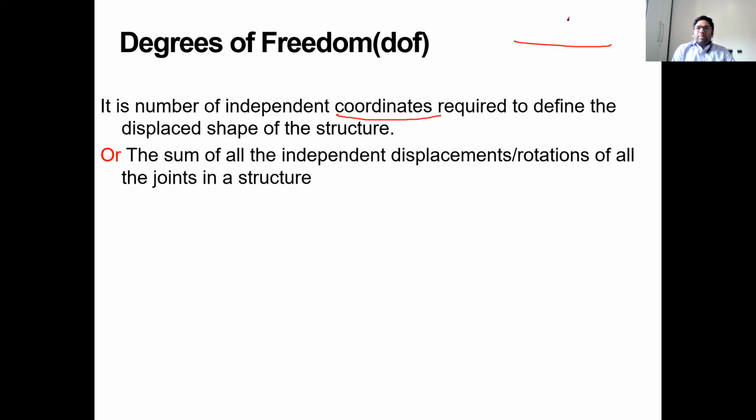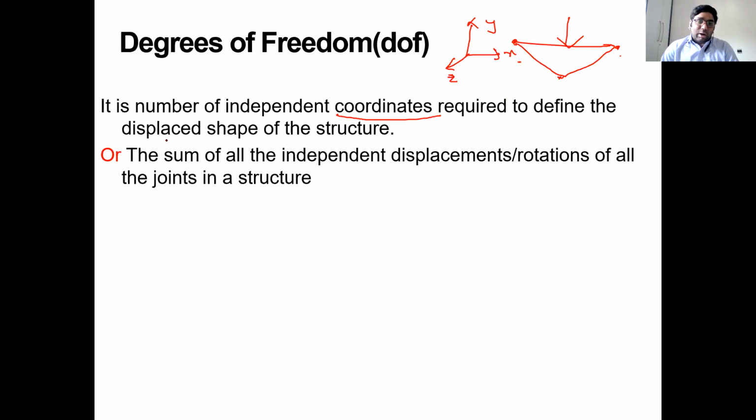Let us say for example, I have a beam with a load here and it is deflecting like this. So how many coordinates are required? See here, this is one coordinate, this is one coordinate, this is one coordinate. But we have coordinate system as x, y, and z. In x direction we have deflection, in y direction we have deflection, in z direction we have rotation. So for this load that is applied, how many coordinates are required to define this displaced shape? That is what will define the degree of kinematic indeterminacy. While solving problems, I will give it with a proper example.